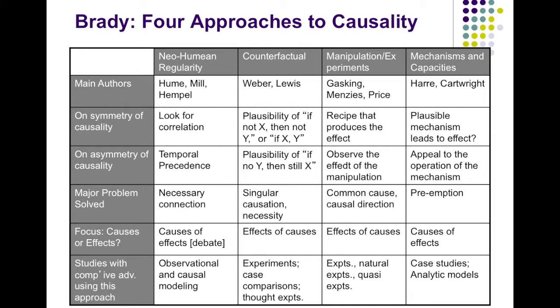Hume started off looking at things like tides moving that happen to be correlated with the movements of the moon around the Earth. You could infer that maybe the gravity of the moon was causing the tides to move because they were so tightly correlated, and indeed you could predict the tides very well from past behavior in the position of the moon. This looks at the temporal sequence of events. The moon and the tides are moving together in this example. It suggests that there must be some connection between the two because they're so closely correlated.